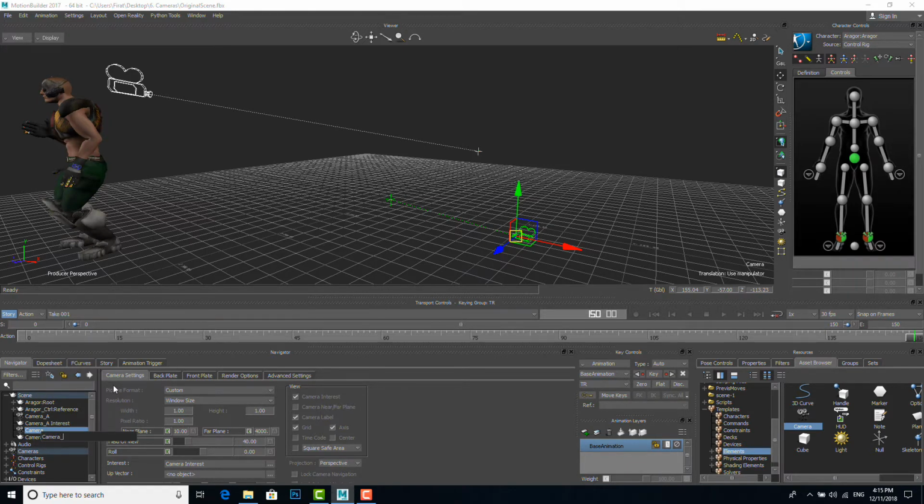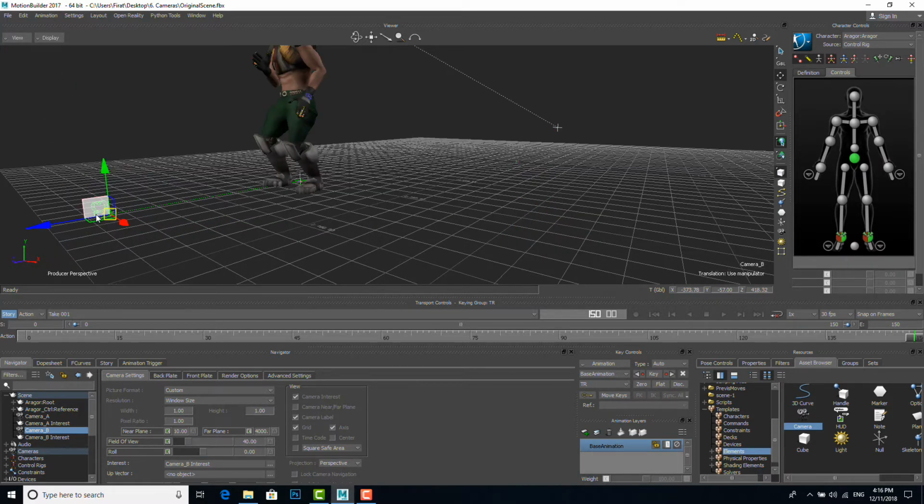This is gonna be my camera B, and this is gonna be my camera B interest. I'm gonna adjust my camera interest for camera B here. I'm gonna take the camera and put it somewhere here, and I'm going to adjust this